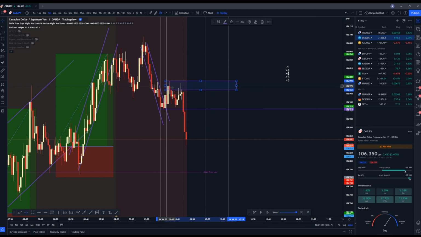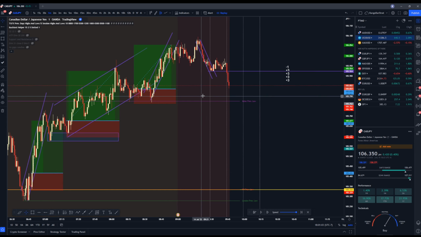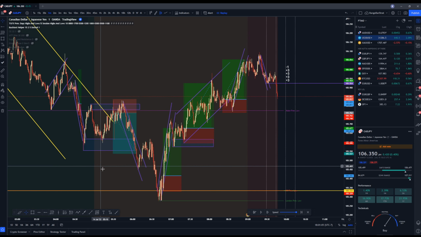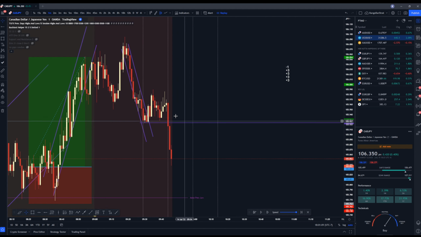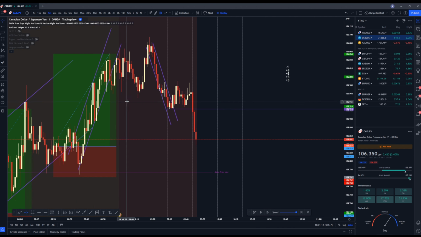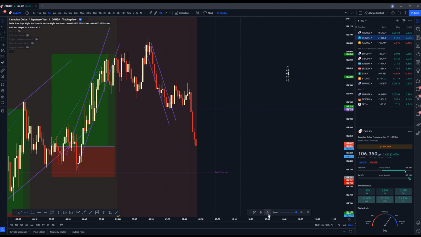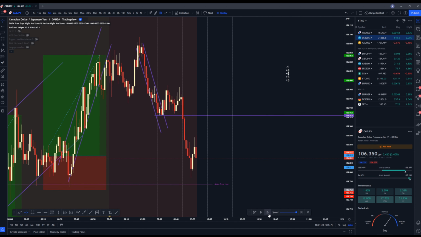I wasn't going to sell the tap here. I think this is just one of those things, because we've been massively pushing up for like 3 hours, and then we start toppling over here. Yeah, I didn't even see it. If there was some kind of area in here I could have pulled back into, that would have been nice, but there wasn't anything for me to do there. So that's kind of where I'm at. Let's keep going.